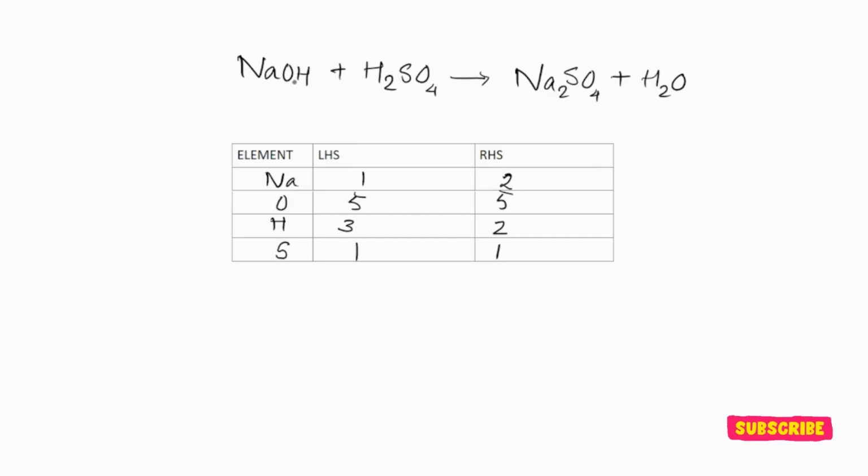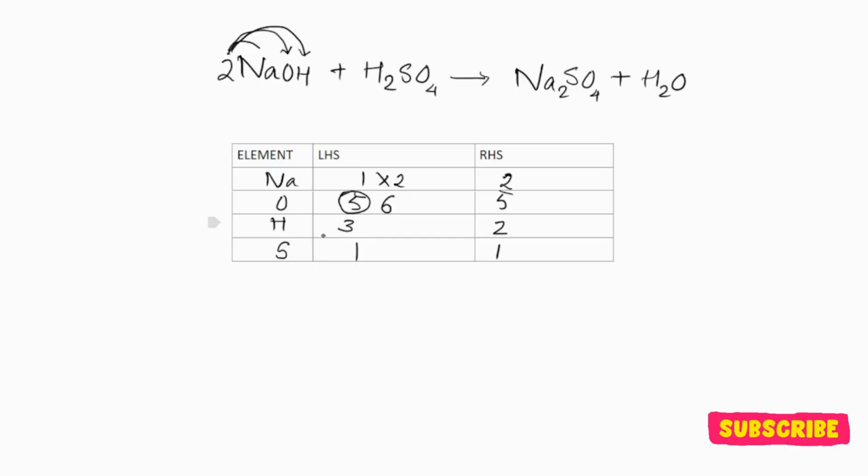Okay, so now what you see is that sodium is how much? It is 1. So I will multiply this by 2. So now when I write here 2, see here, I have written here 2. So now sodium is balanced, yes, but this 2 applies for all individual atoms. So now oxygen has become how much? 2 plus this 4. It has become now